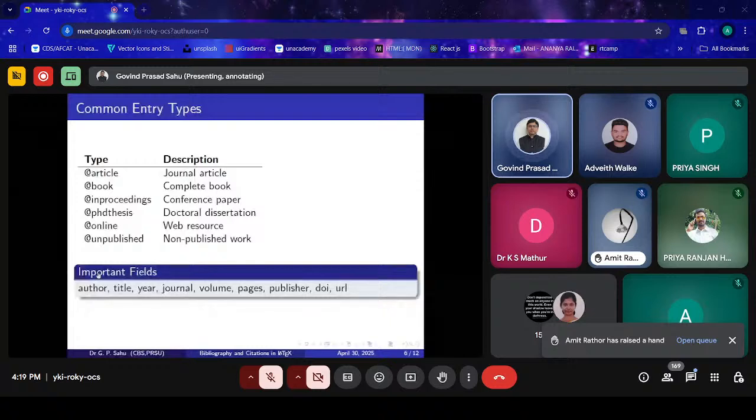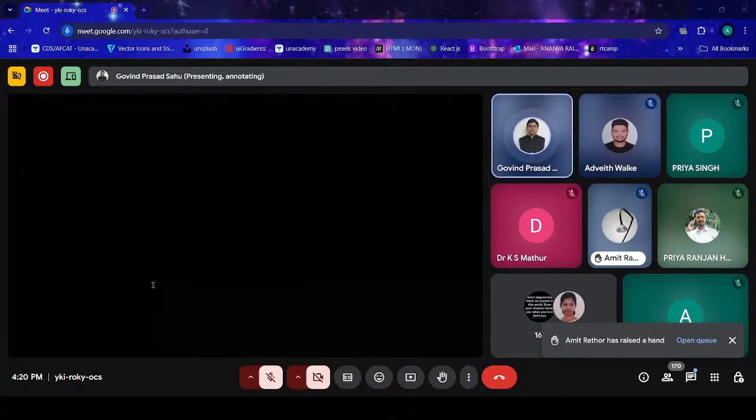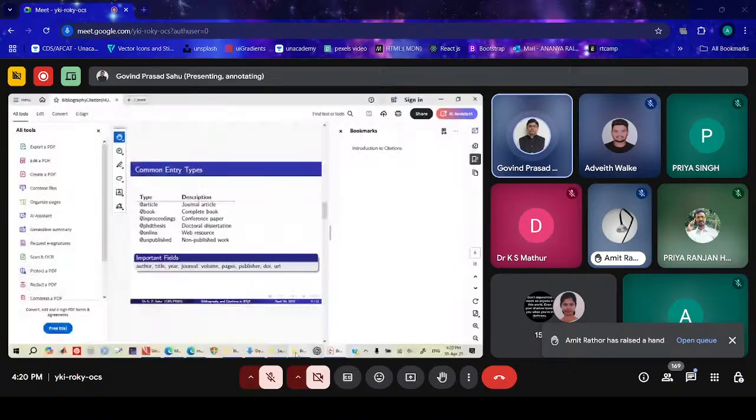And what are the important fields? The important fields are author, title, year, journal, volume, etc. So these are the important fields. Now let me demonstrate how to create a database. For that, first of all, we will